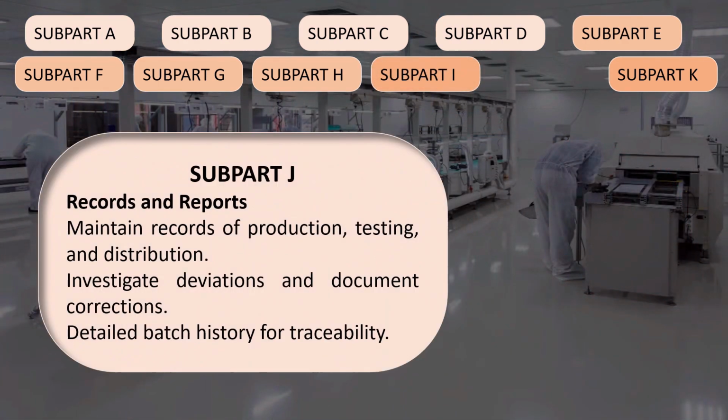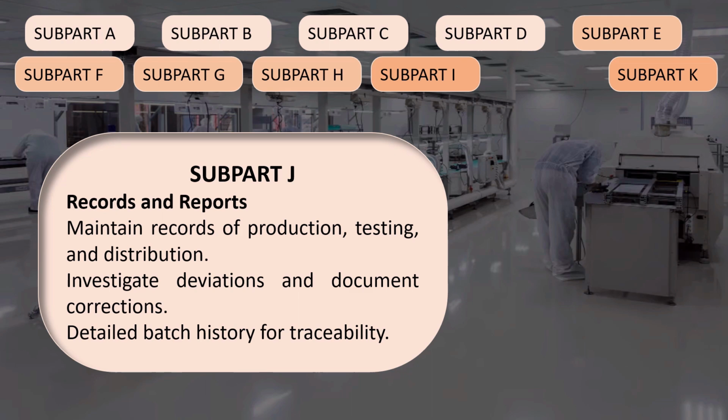Subpart J, Records and Reports. Maintaining records and reporting is an important part of cGMP guidelines. The regulations and guidelines that are required for preparing and maintaining records are given in Subpart J of 21 CFR 211. Some examples of regulations are: